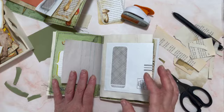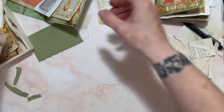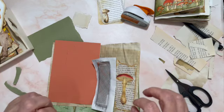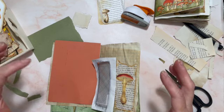I honestly think this is dry. Yes. Okay, so I'll tell you what happened with this. I'm going to go back to this one. So this is the beginning of the book. So I will tell you what happened with this one. I started this and I saw